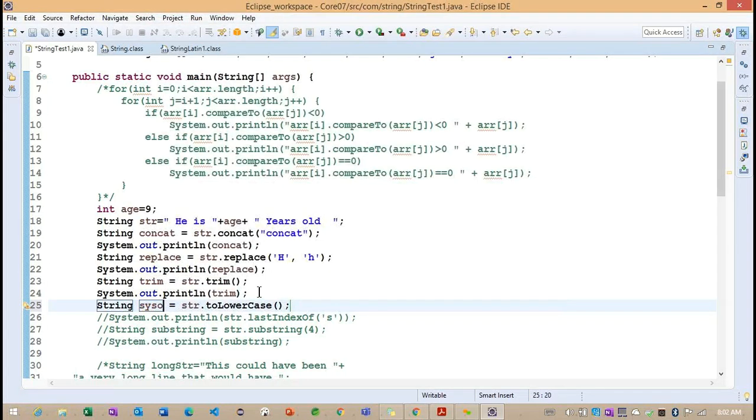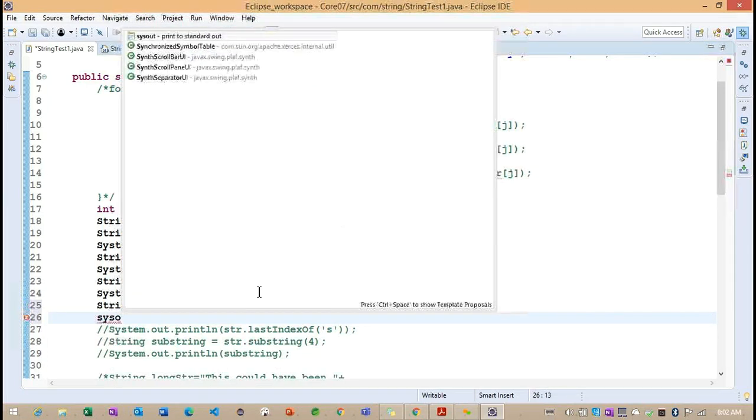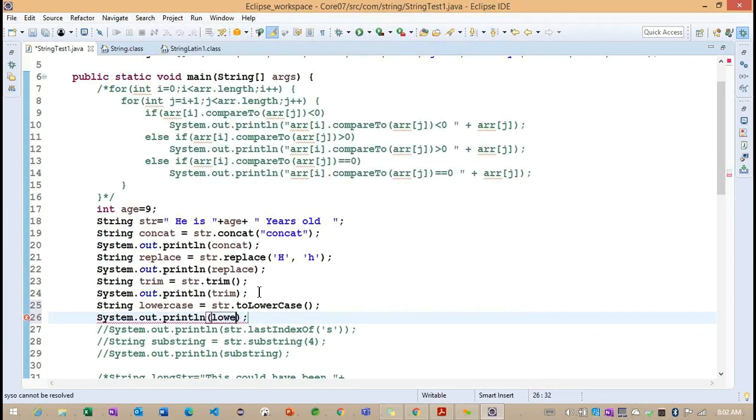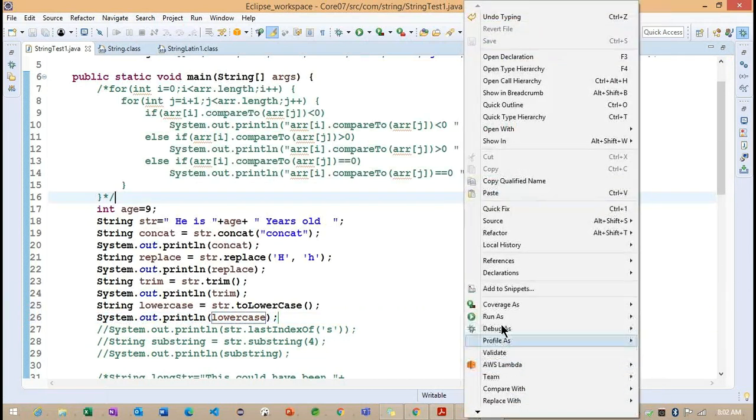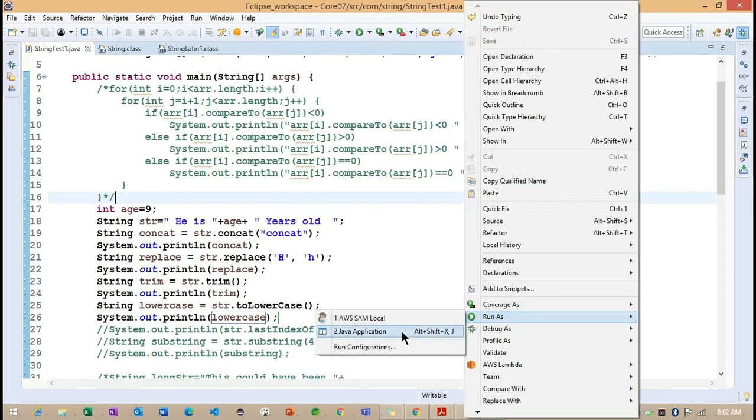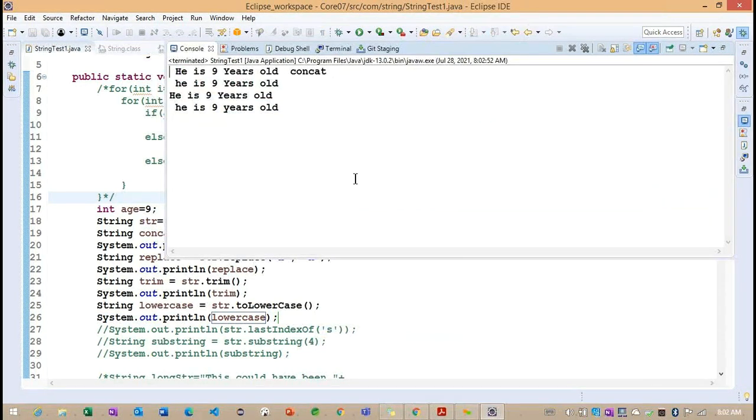Getting the point. Now observe. I want to print lowercase here. We need to understand how this lowercase is going to work on the str.